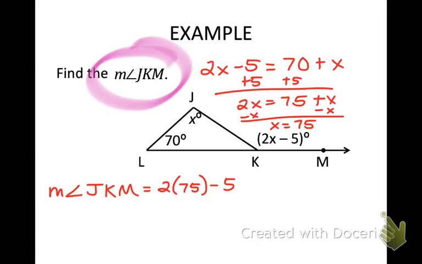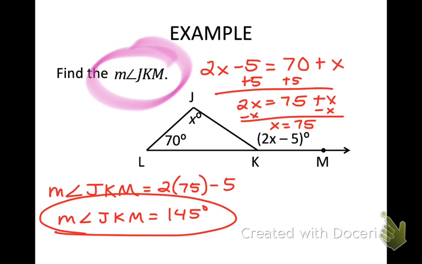Why is the L there? So 2 times 75 is 150 minus 5, so 145. You see the L there, but it's not anywhere in the equation because we don't need it. What is L? L is the vertex right here. It's not needed at all. It's just labeling it. Questions? All right, what I want you to do